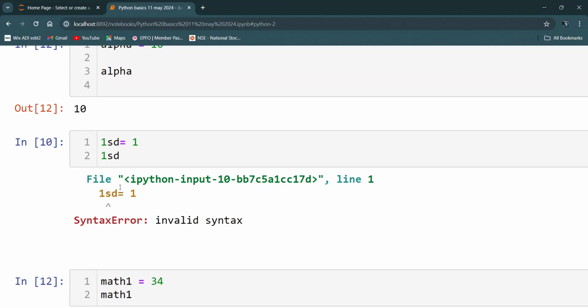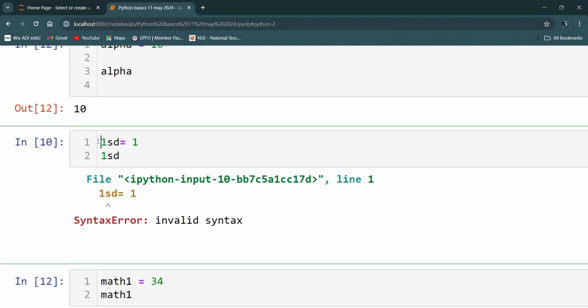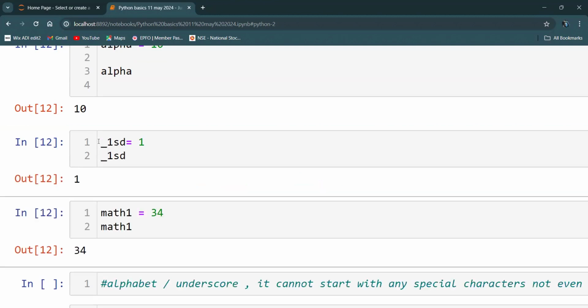Either it can start from an alphabet or from an underscore. If I go with an underscore here, this is considered as a variable. The second letter can be numeric, but the initial letter should be an underscore or an alphabet.